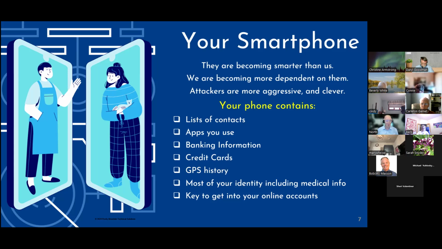So think about that for a second. The multi-factor, where you have a six-digit code either emailed or texted to you. Most people get those on their phone. So all this is to say is your smartphone is really, really an important device that you want to protect. And in order to protect it, you need to understand how it works.